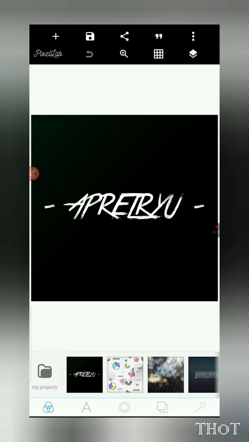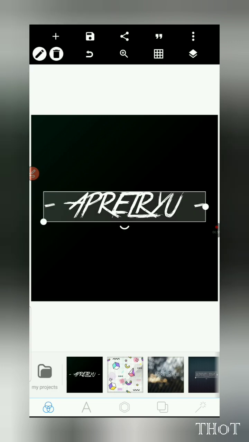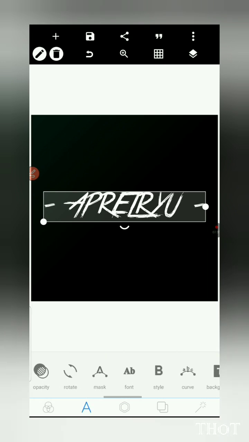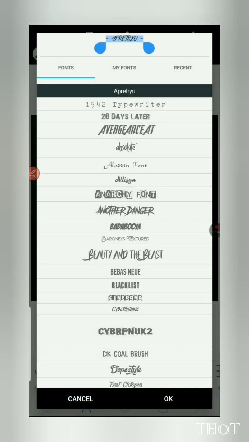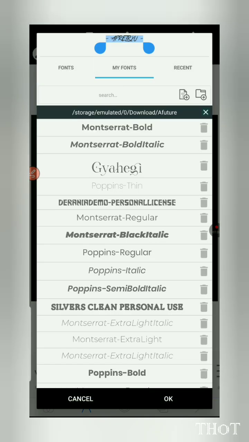Then to enable the font, you have to click on a font, like a text layer. So by this default text layer, we click on it, then we scroll down to the font selection section, then click on my fonts. Then after I click on my font, you click on these